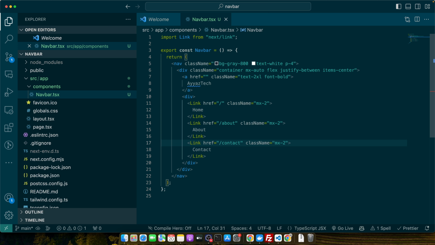So the container, mx-auto, flex, justify-between, and items-center classes help us lay out the navbar content. The app directory structure offers a more intuitive way to organize our files. By placing our navbar components inside the components folder, we make it clear that this piece of UI is reusable across different parts of our application. It simplifies the maintenance and scalability of our project, making it easier for developers to navigate and understand the project